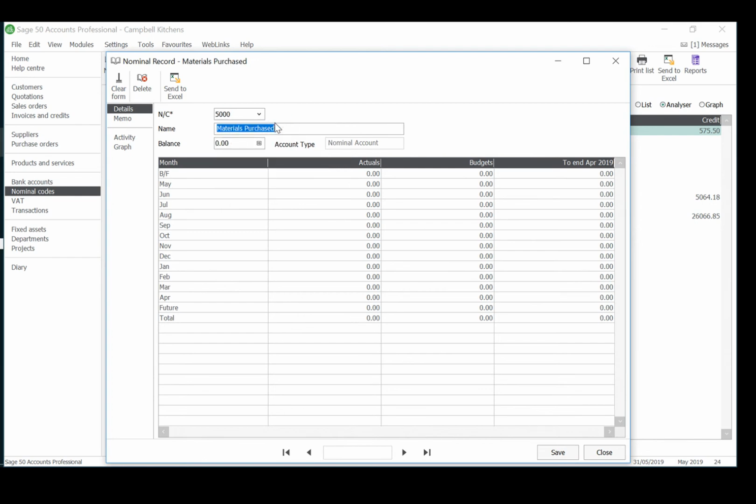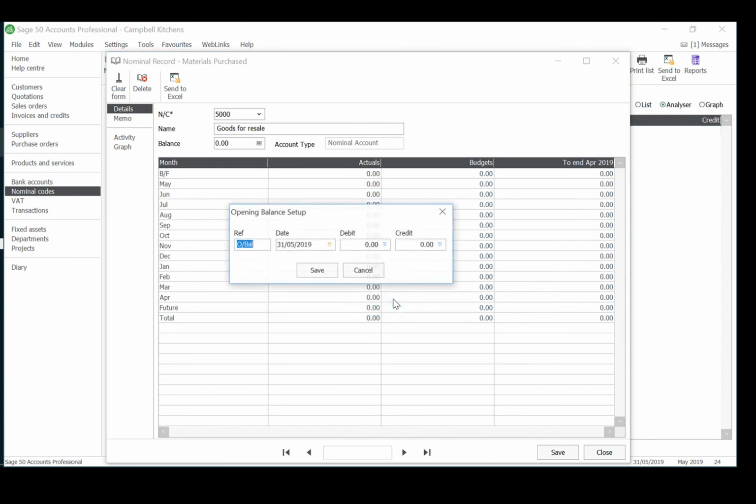We could change these names afterwards, so if I forgot to change it from materials purchased, I'm not sure. Goods for resale is really a disaster, leaving it at that, but we can always change it afterwards. And then one last one we've got to put in,